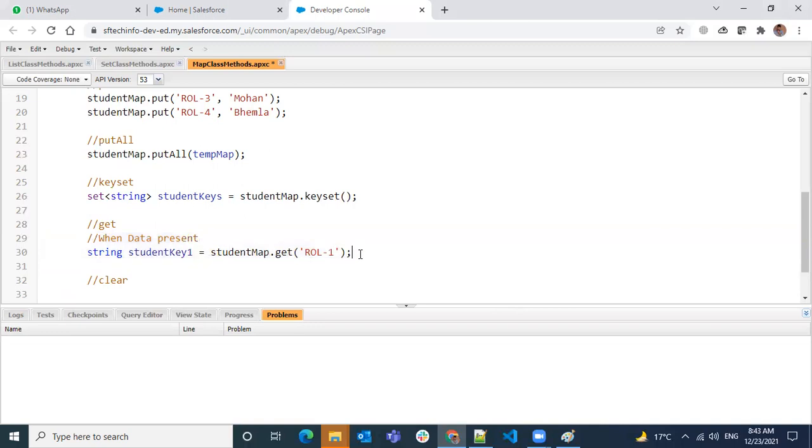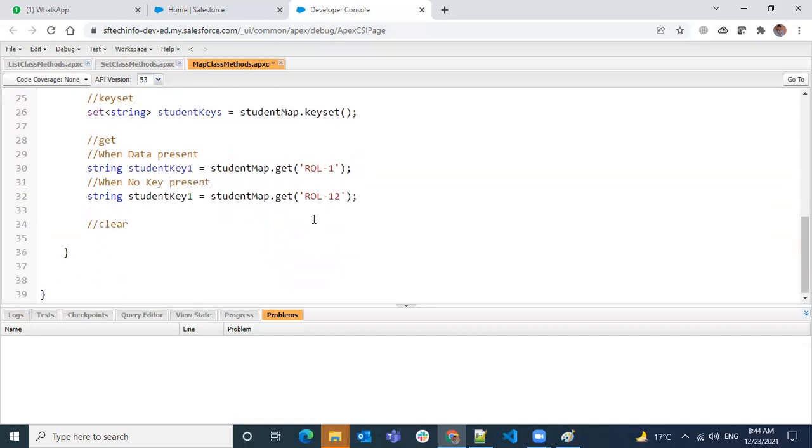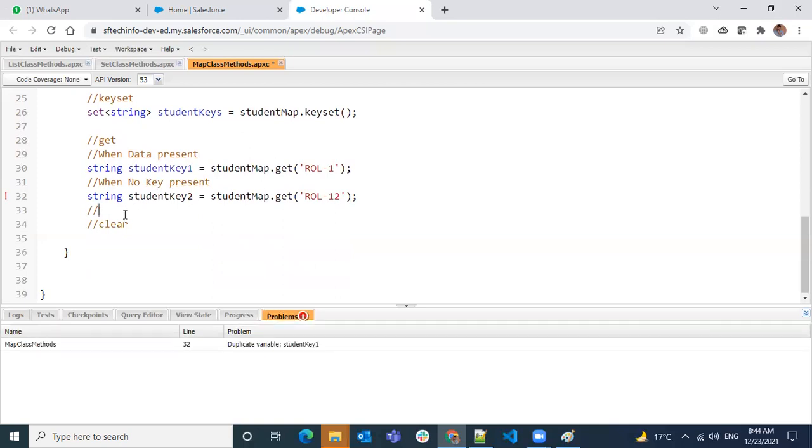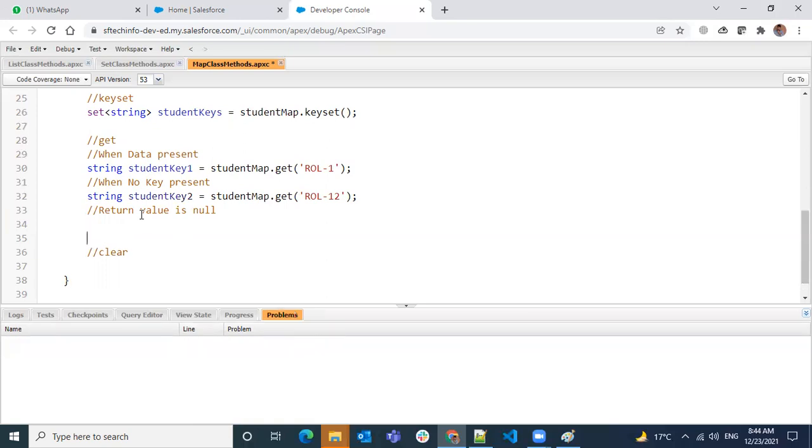If there is no key present in the map, and you try to get it, say there is no roll number 12 added, but I try to get the value using that key, the return value is null. You will get a null value when you try to get a key which is not present in the map.